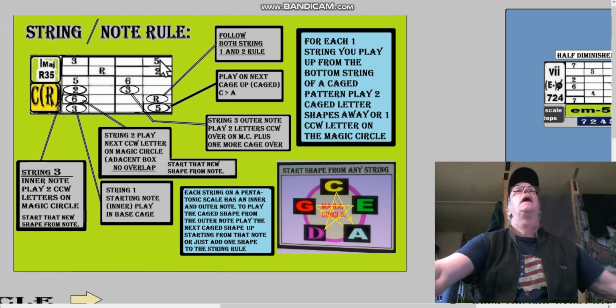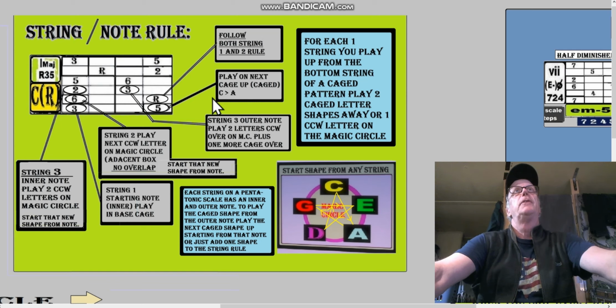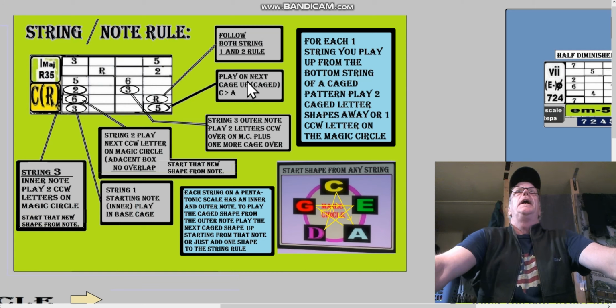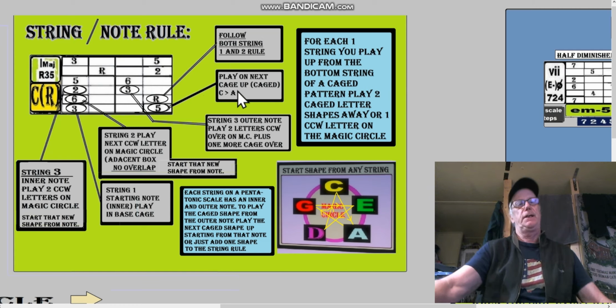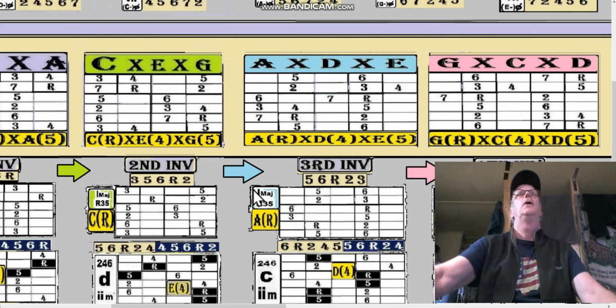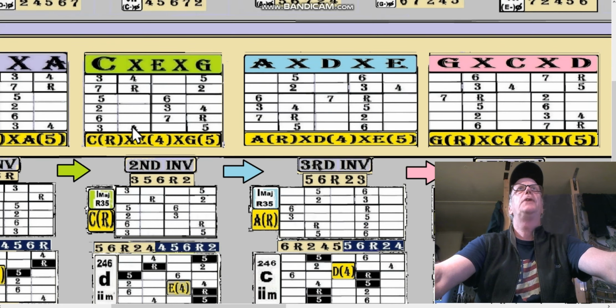Now let's look at the 5. Play on next cage up. C shape goes to A shape. So we know what the CAGED system is: C-A-G-E-D. When I say cage up, C goes to A. We're going to do the A cage. So here we are. We were just on the C cage, and this has